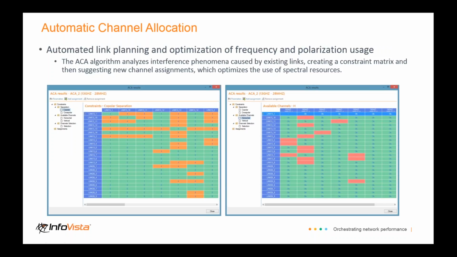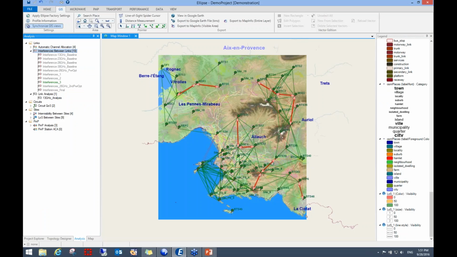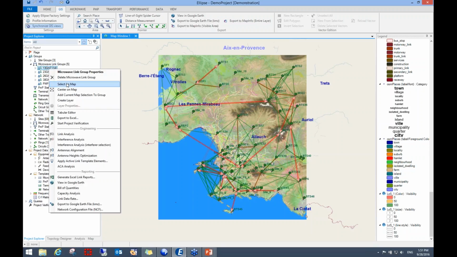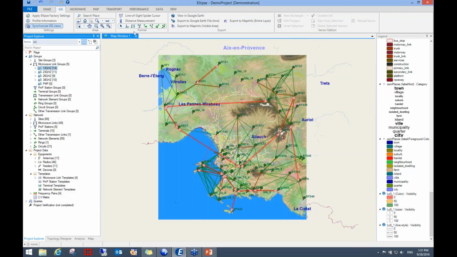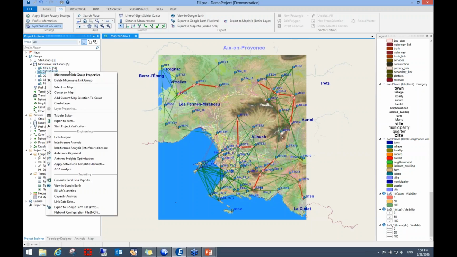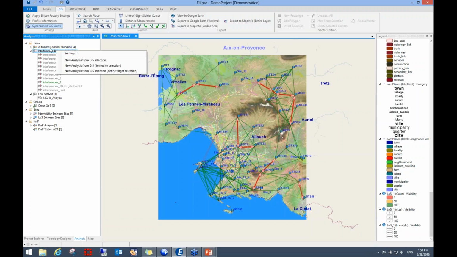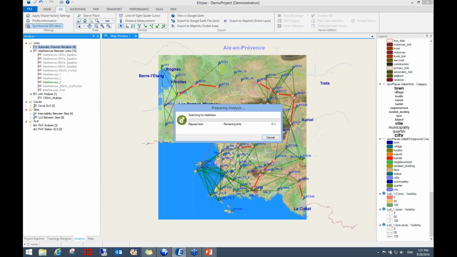There's an automatic channel allocation tool. So if we go back to the example, let's say I go with my 13 gigahertz and let me make sure there's nothing else selected. Okay, and then I go my 20 gigahertz and I select these. I can go to analysis, right click and say automatic channel allocation, right? As soon as I do that,